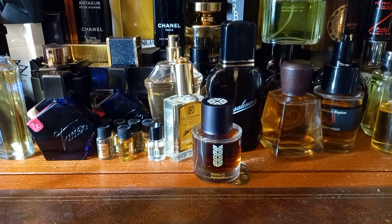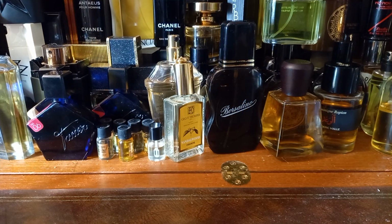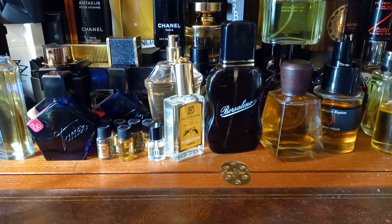There might be a video in there, actually. All these videos where they say, oh, cheap fragrances to make you smell different. Well, there are a lot of expensive fragrances that smell the same as well, to be fair. So this is one that smells a bit different. It's very, very good. I highly recommend it. At least trying it. You can get sample sets from the brand. Anyway,